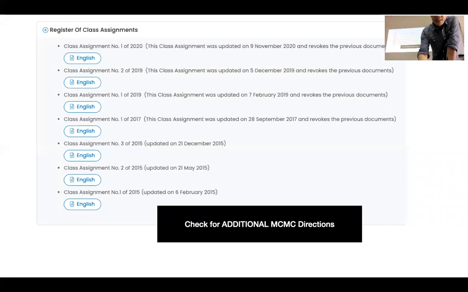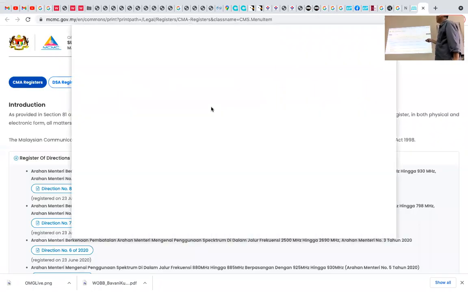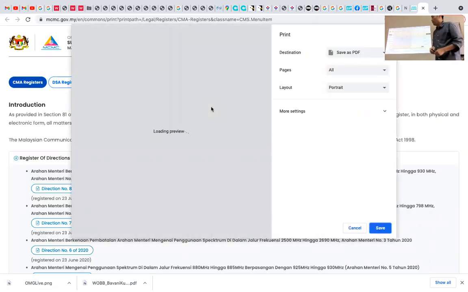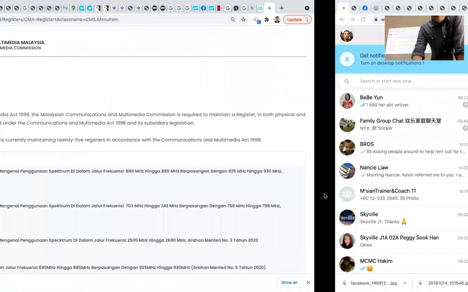This is class assignment. Yeah, I think you know already. This is how when you look at the Ranjaya, you can see it's all here. Okay. It's all here. Especially the latest one. The check maybe what is the latest one. Example, this one. This is the Ara Menteri 7 of 2020. Okay, ada ini different frequency lagi. I think we'll check on this also lah. Number 8, what is it about? Okay, pembatalan. I think one of the spectrum they already batal. Okay.